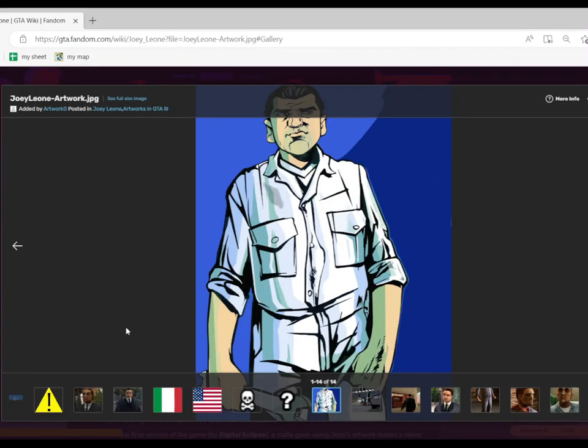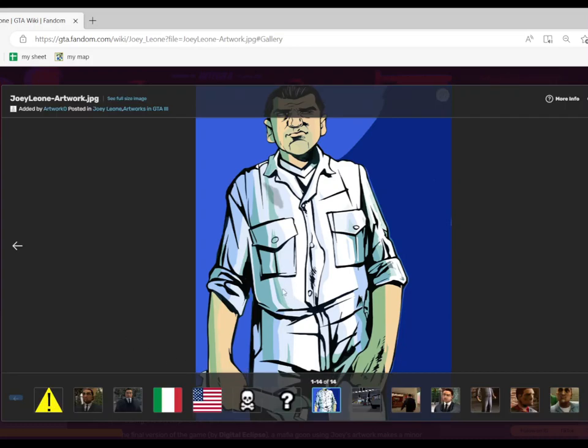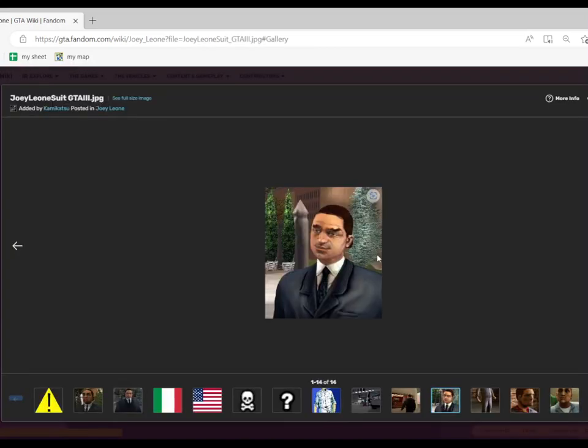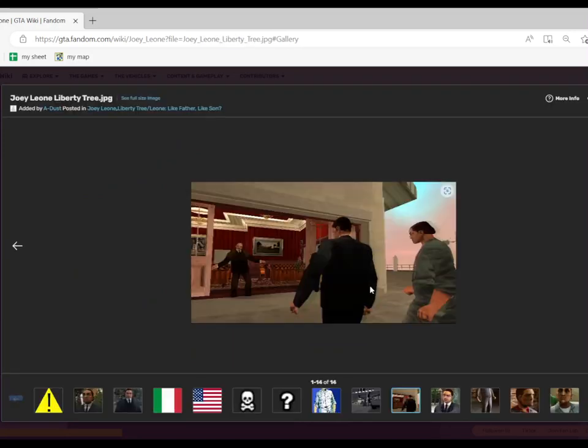Here's the artwork for Joey. If I didn't know this was Joey, I would not have recognized him. I mean, maybe the wrench and the coveralls for the auto mechanic, but his face does not look like the face of Joey from the cutscenes. Here's Joey from the PC version of Salvatore's Call to Meeting. He's got his suit on, but in the PS2 version, Joey's on the right wearing his mechanic coveralls.